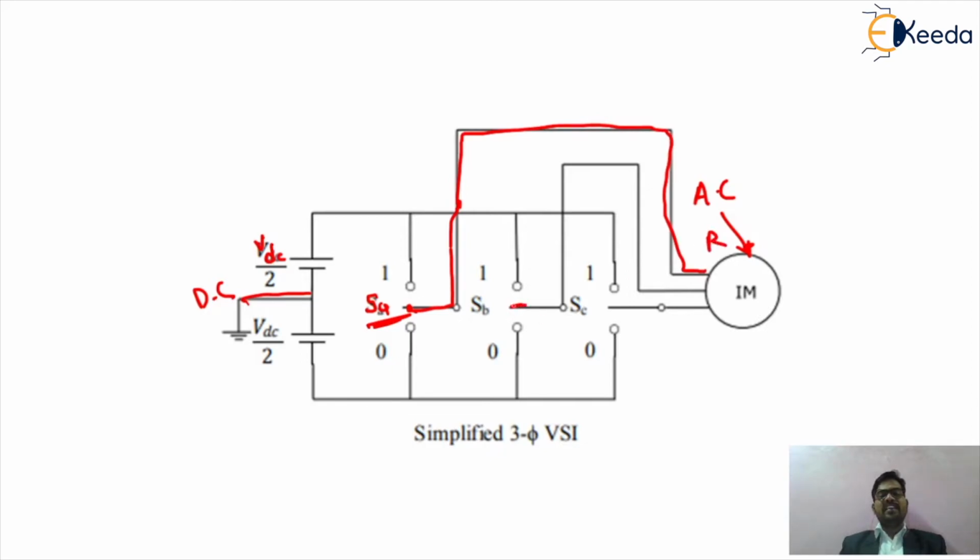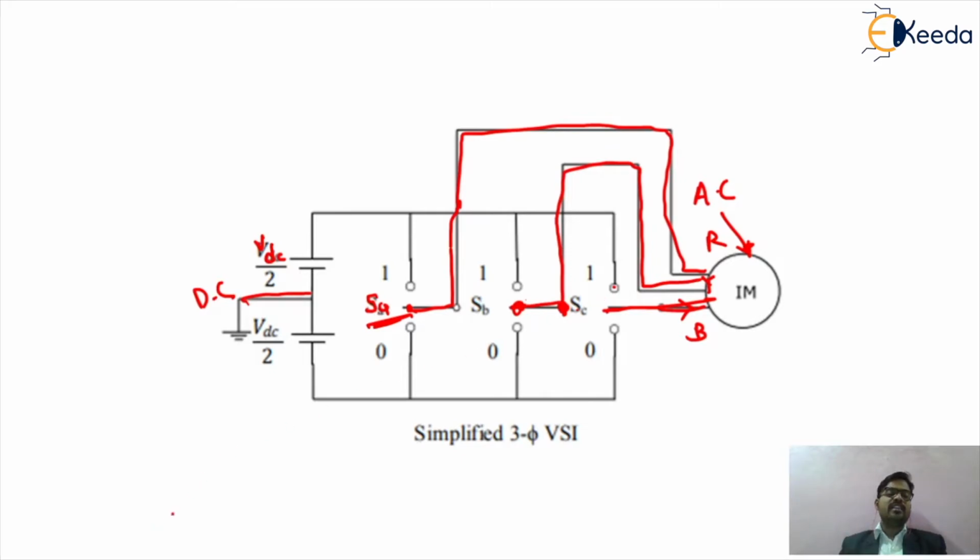Similarly, we are getting from the second selector switch, that is SB, the second phase of your induction motor, which we call the Y phase. And from the selector switch which we call SC, the third switch, we are getting the third phase, that is the B phase. So we are getting the R, Y and B phases by the appropriate position of these switches. If the switch position is 1, then obviously, depending upon the selector switch position number 1, we are getting different outputs according to SA, SB and SC.